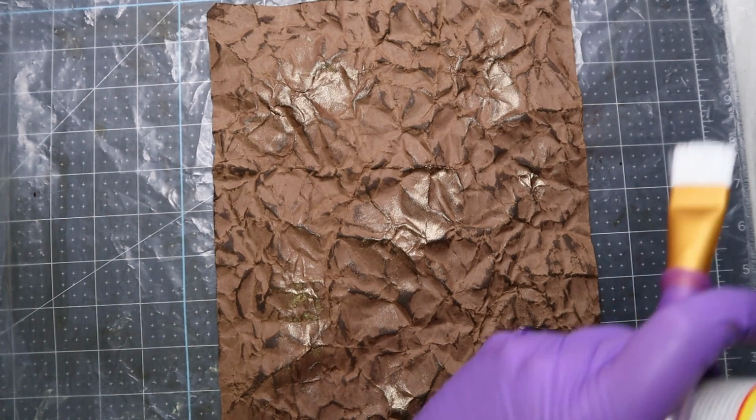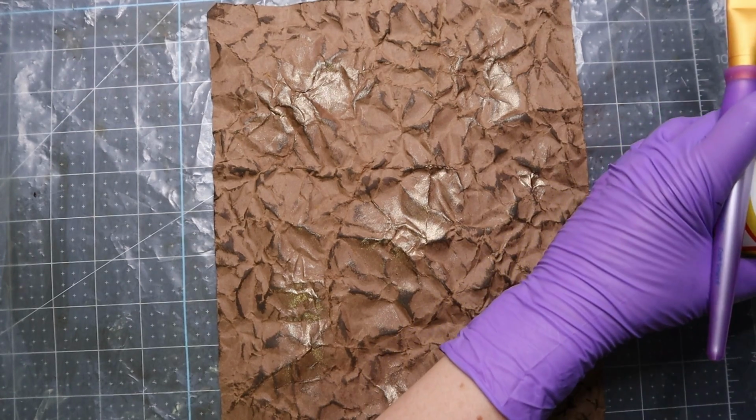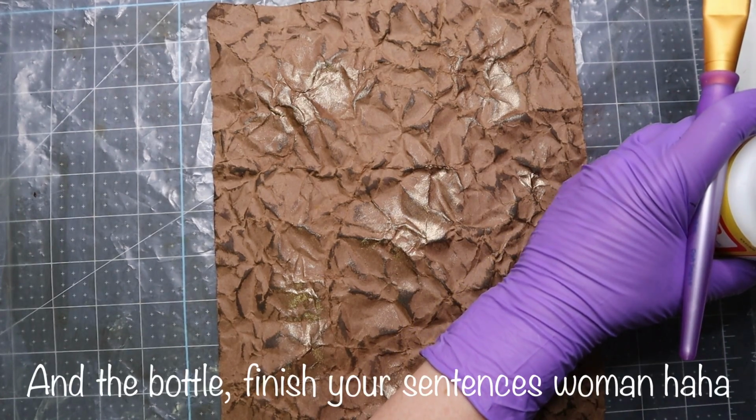I can never get it open. Oops. I need to get a piece of parchment paper because I think somebody said to put parchment paper in between the lid and the...